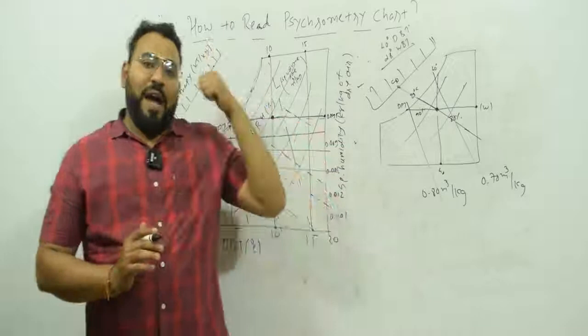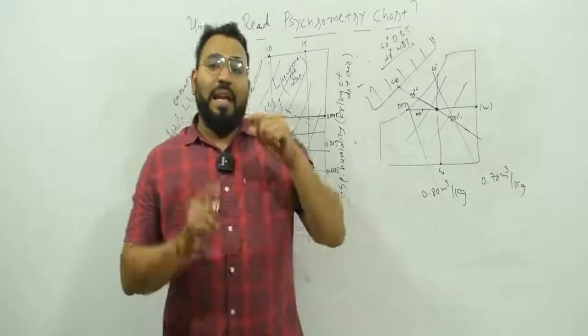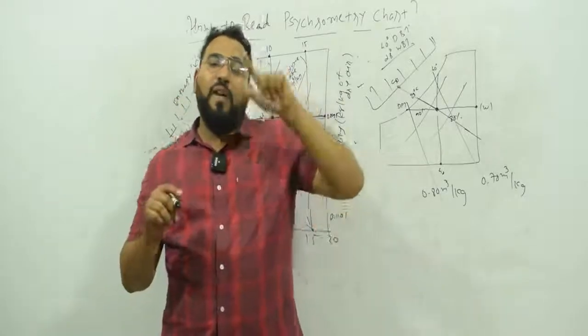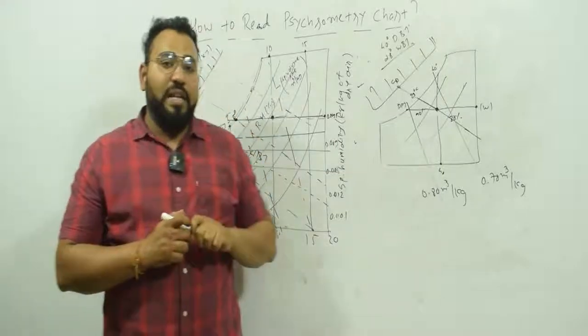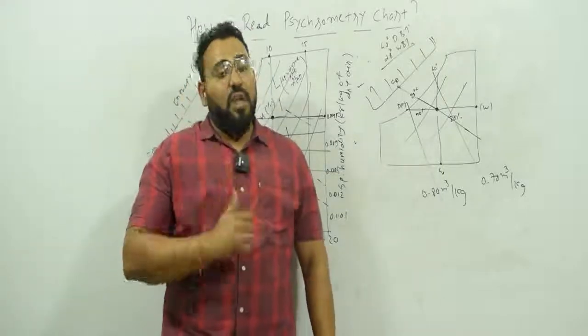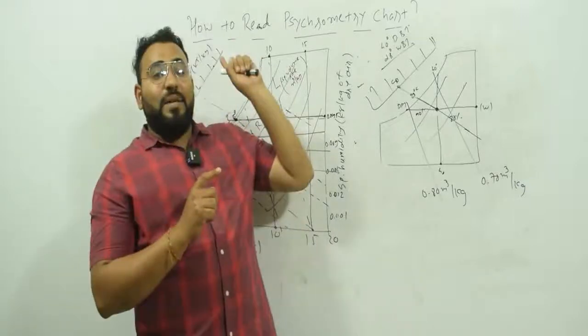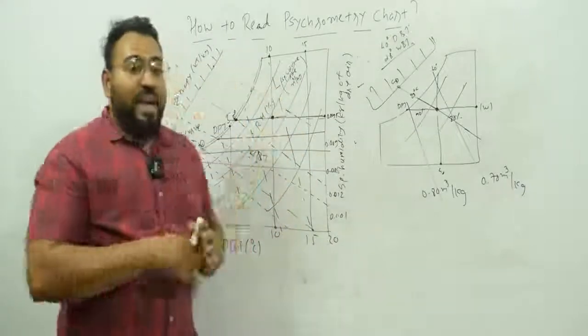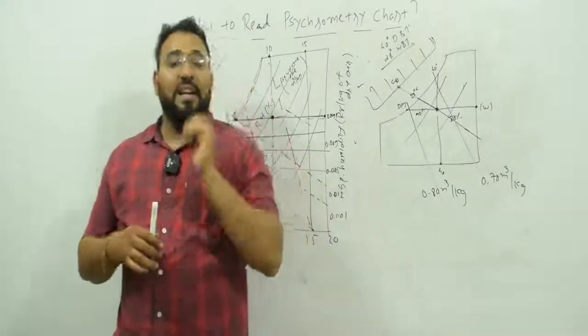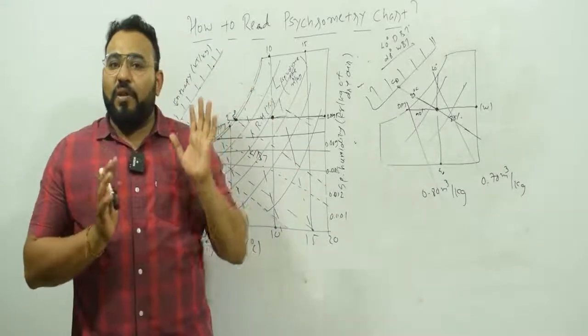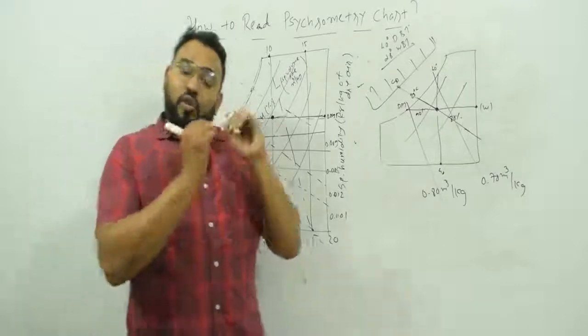So what you have to do? I have solved one analytical example, where you have DBT and WBT. In the last episode, we solved one example by the analytical method. Now you can solve that example with the help of this graph chart, and you can find the same values which you found analytically. Okay, a minor variation will be there, so you can cross check those values.